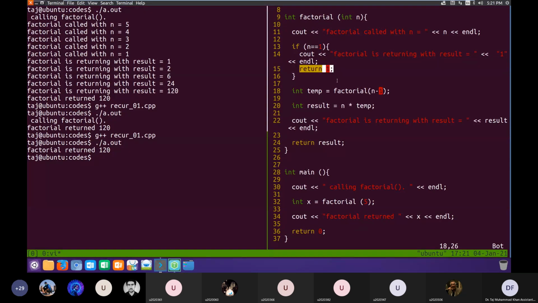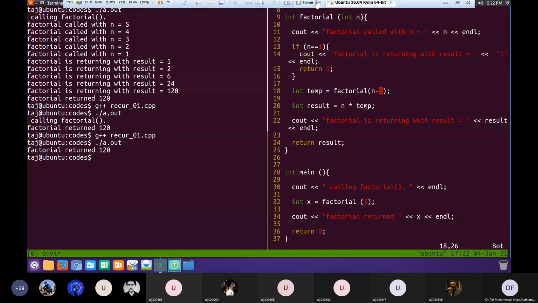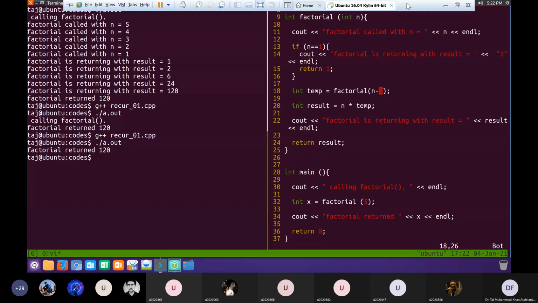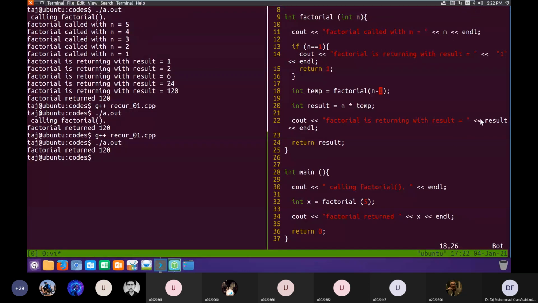Every time you implement recursion, you have to keep in mind that when you call a function again, it should be called on a reduced version of the problem. This way the problem will continue getting reduced, and ultimately it will be reduced so much that solving it will be trivial, just like solving factorial 1 is trivial. We just return 1. So this is another key principle of implementing recursion, and we'll continue this discussion in the next class.